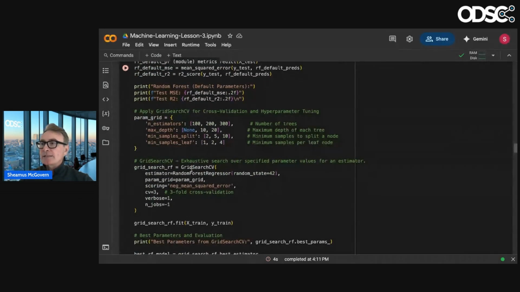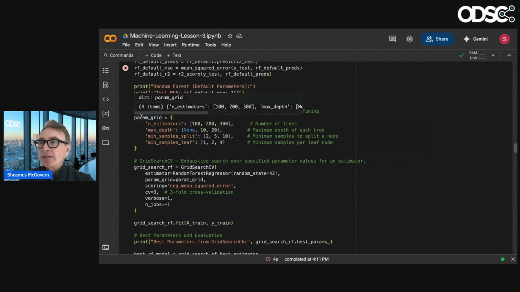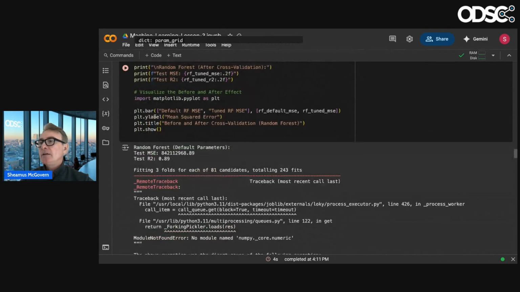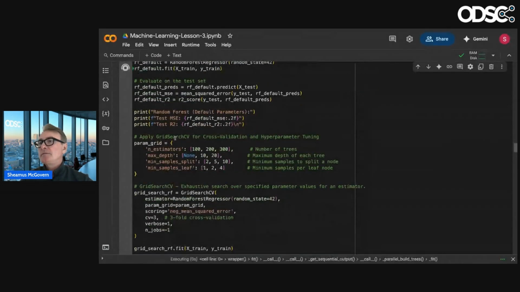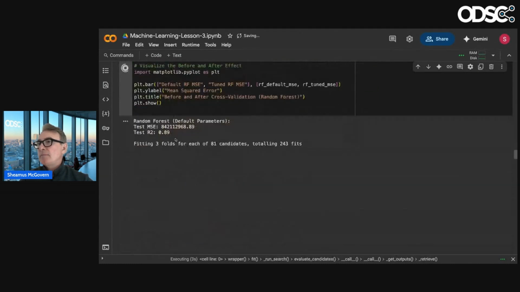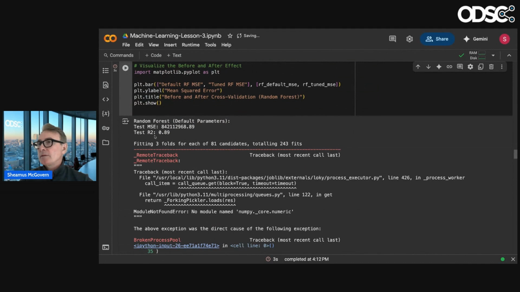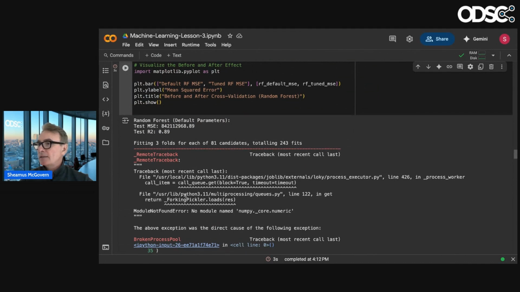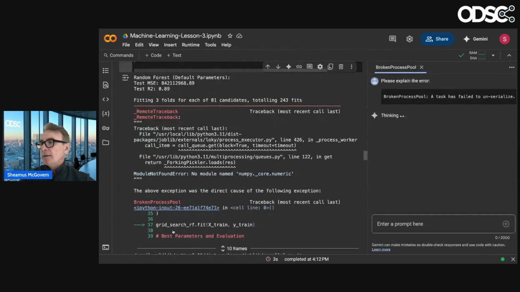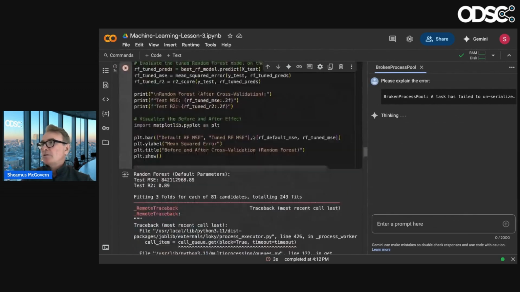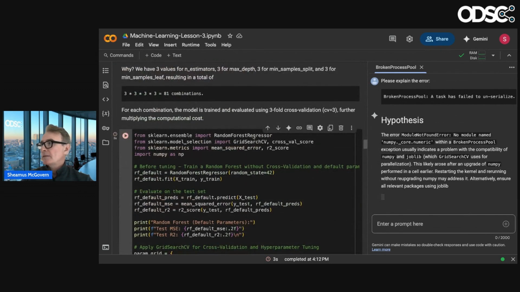So yeah, GridSearchCV. You're basically creating a grid, and then it's running through these things a bunch of different times. I'm not going to go through that code. Oh, that code is not working. So where's it not working? Three folds, candidates. So probably, again, it's old. No module. Okay, so give me the module name, because explaining the error will give me the new module name, which I might have to do a pip install with.